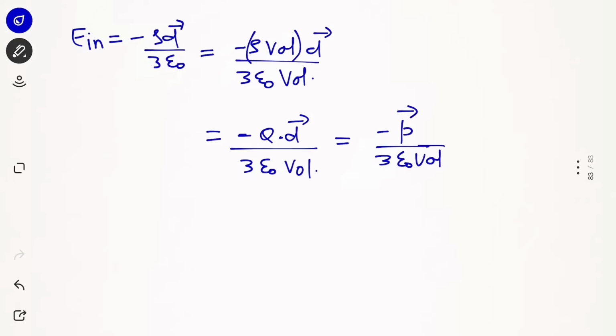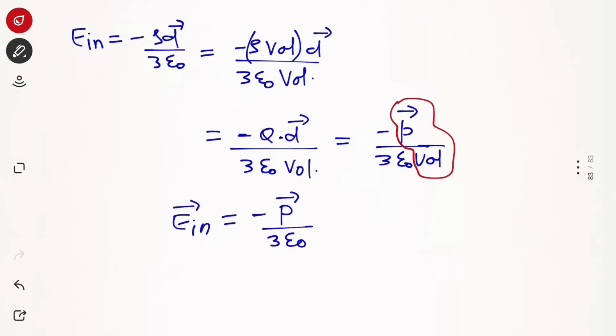I told you that if you want to understand this concept, you have to watch the videos given in the I button. So please go and watch them, because you will not understand any concept if you haven't watched those videos. So here I can see this total dipole moment divided by volume can be written as the polarization vector. We all have studied this. This total dipole moment divided by volume we can write as capital P vector, which is polarization.